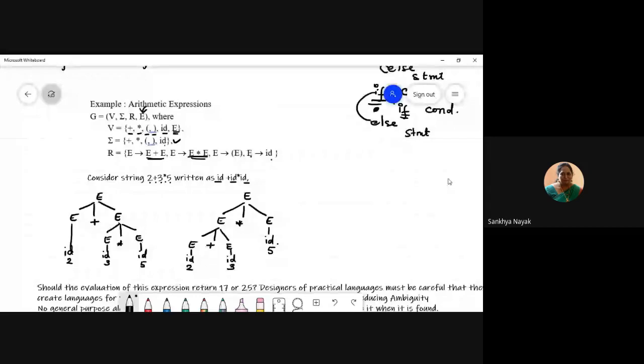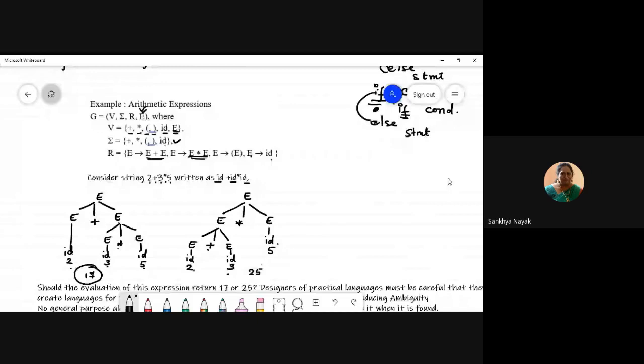Now, ambiguity, why is it a problem? Because we'll evaluate the lower level of the tree before the upper level. 3 into 5, 15 plus 2, should it be 17, the answer? Or lower level now has plus. So 2 plus 3 is 5. 5 into 5 is 20. Which one is correct? I mean,